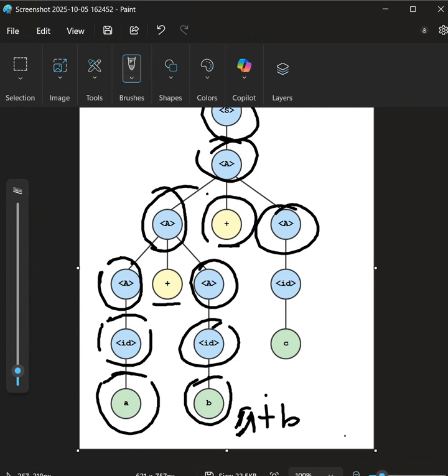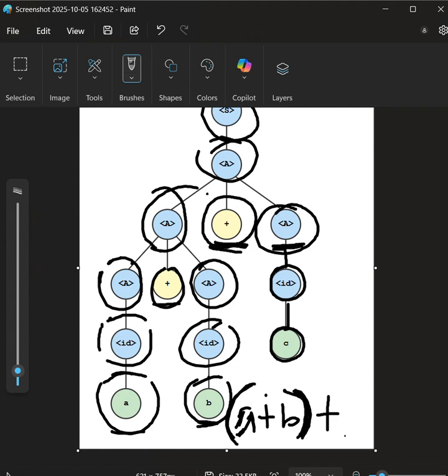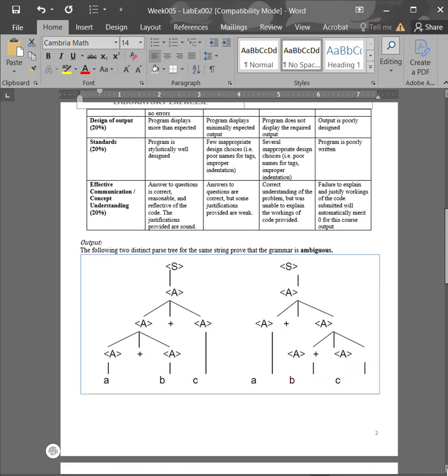We have an operation plus, and then we have A. A becomes an identifier, and it becomes C. So A plus B in our left child, and then plus C. So it becomes A plus B plus C for the leftmost. Now, in our second